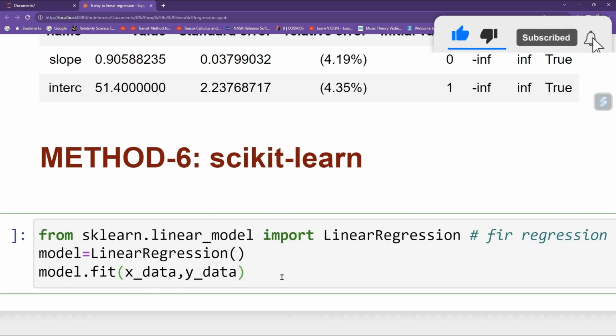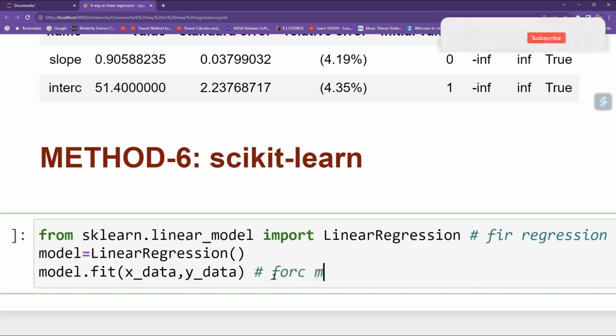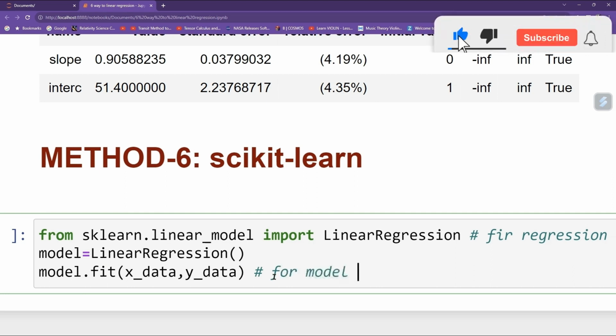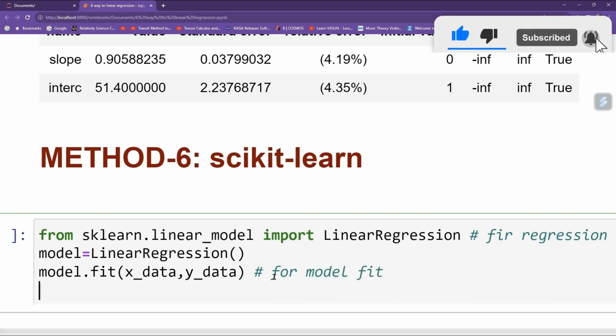So this is for the model fit. Now you want to generate that model. Okay, so type here model equal to